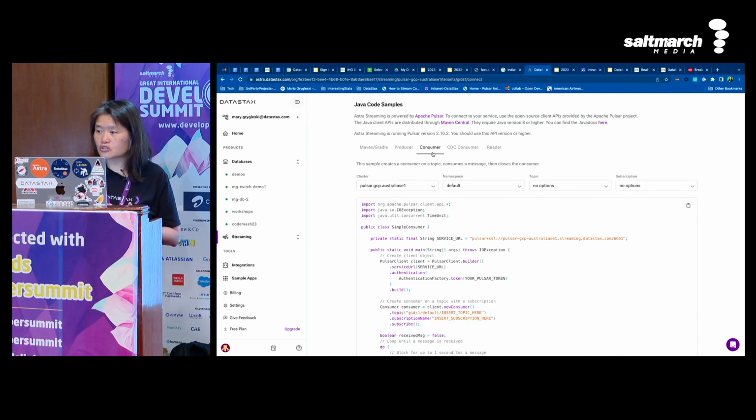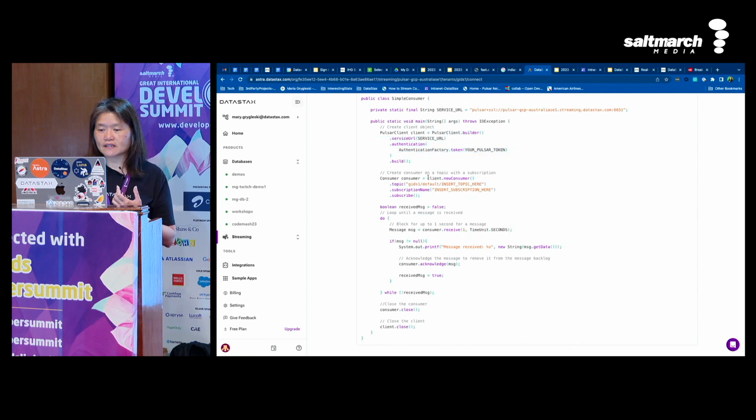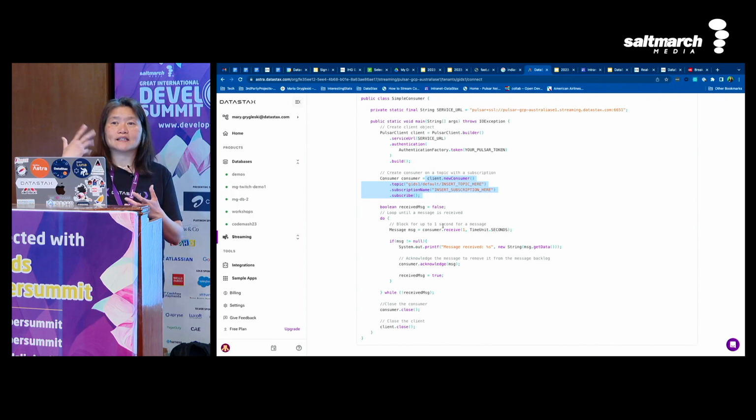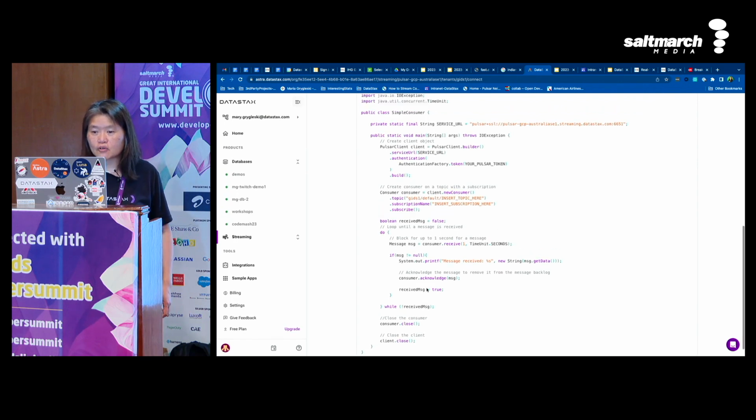And then if you want to consume it, you go to the consumer code. Consumer works similarly. You set up your client builder, get all the authentication. Once your handle is there, you can create your consumer and associate the consumer with the topic to receive messages from. And then set up the subscription name. Then you are ready, acting as a listener. When messages come, you want to write code in which you can acknowledge it. You receive the messages and you acknowledge. The acknowledge is sent to the broker, telling the broker, okay, I received it. The broker will then remove it from the internal queue for you. So it's as simple as that.